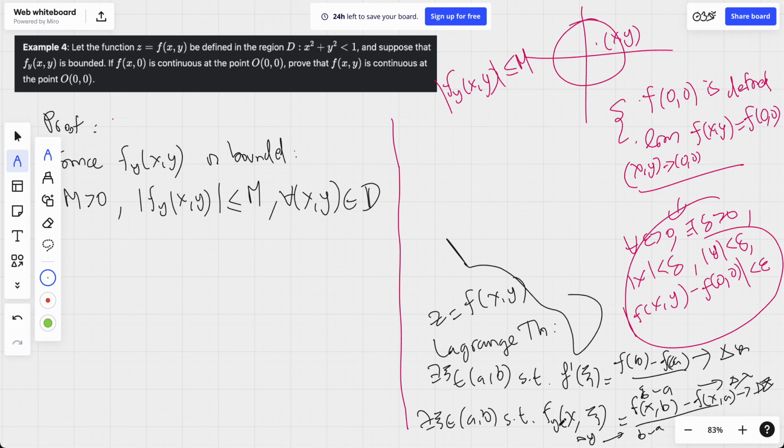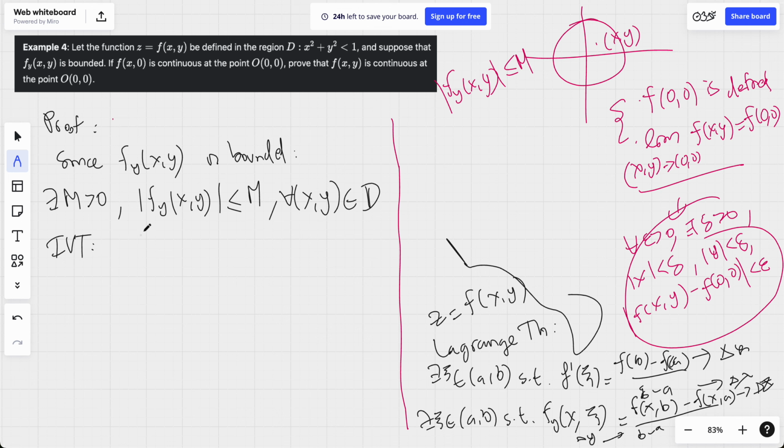If it's the y partial derivative, if it's the x partial derivative, then it would be the change in x here, and this is still the change in z. So it's the same thing. So we're gonna use, I will just call it the intermediate value theorem. Yeah, I'm not sure what it's called. Maybe it's still called the Lagrange theorem. So according to this, that means that